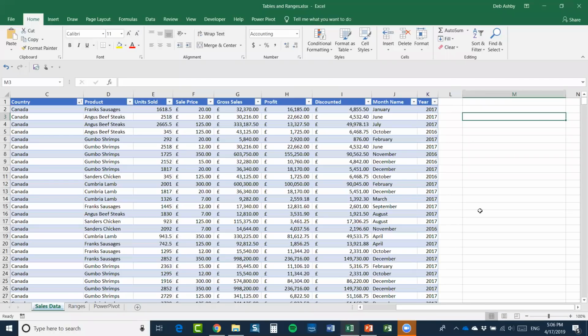What we're basically saying with a SUMIF is, okay, only sum the gross sales, in this case, where the country is Canada. So we're only going to get a sum of all of the sales when the country equals Canada. And that's where we would use a SUMIF. So I'm going to say equals SUMIF,